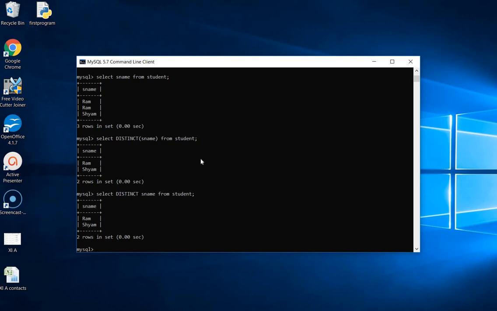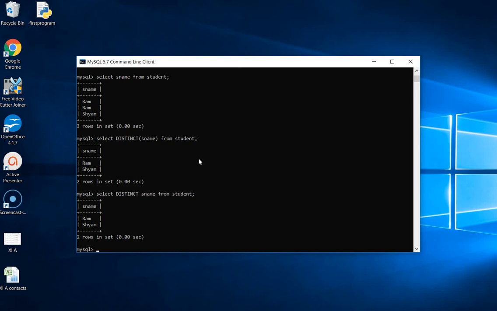So DDL has the commands which are used to create, alter and drop databases and tables. Means the commands through which we create a database, we delete the database, or change the database. Alter means change the database. Likewise, create table, change the table, and adding primary key. There are a lot of things, but it is overall about the structure of the table. If we are making changes in the structure of the table, or we are creating a new structure of a table, or we are going to drop the structure of a table, these types of command come in the category of DDL, data definition language.